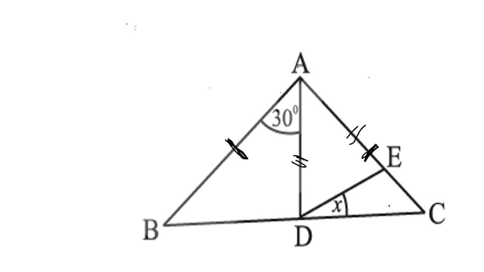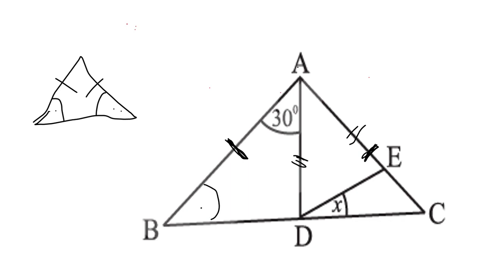Otherwise you'll mistake it. So if we take the triangle ABC, just that triangle, these two sides are equal, which means the two opposite angles corresponding to those two sides are also equal. So these two angles are equal. So let's name both of those angles as y, because we don't have an x, or else I would rather name the angle x. So now what we can do is, here what we have is